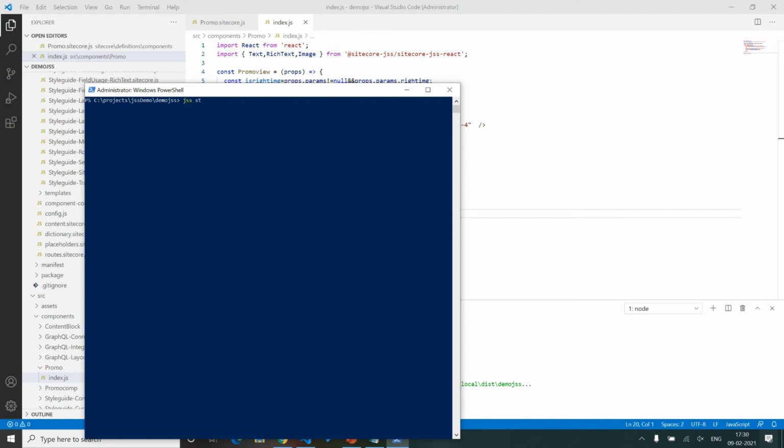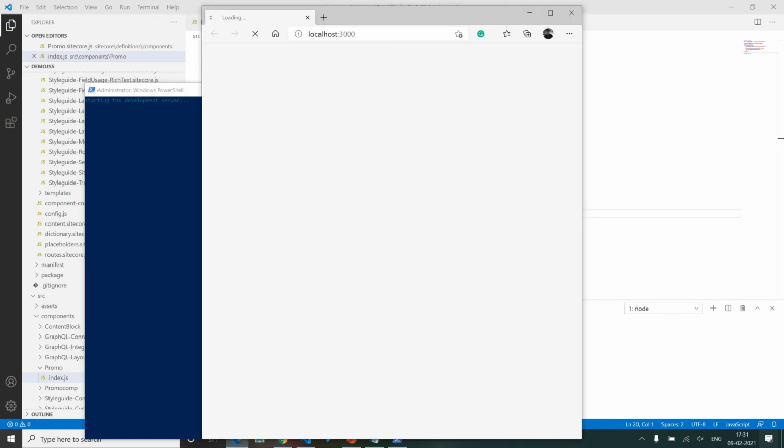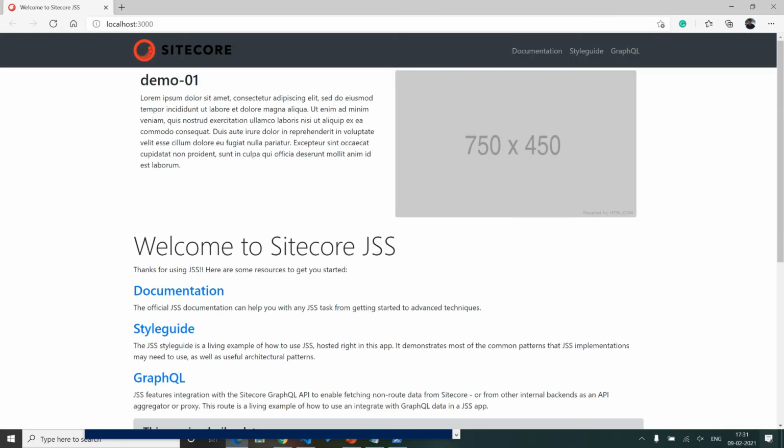Now I just need to run jss start in connected mode. Once I hit enter, it automatically connects to our Sitecore site, gets all the renderings from the Sitecore site and displays them in our React application. So our component is successfully rendering in the React application.